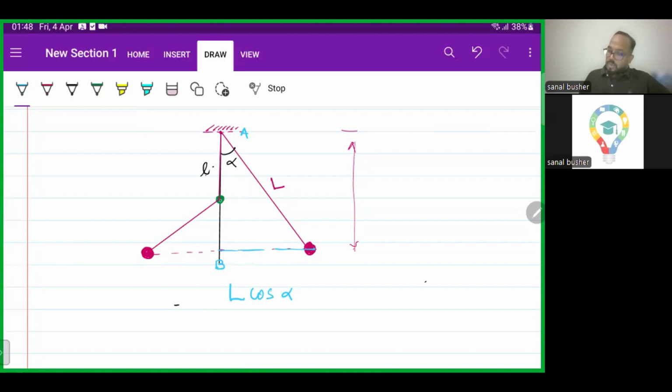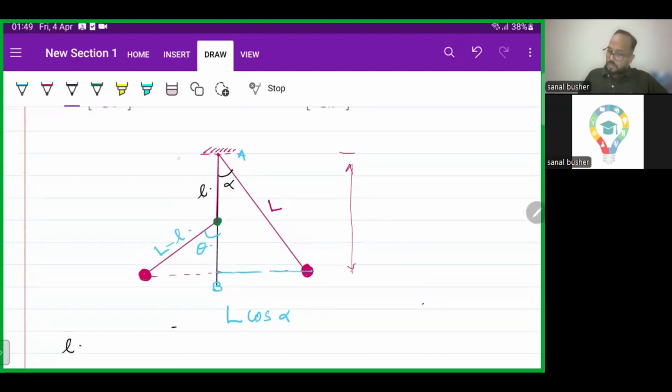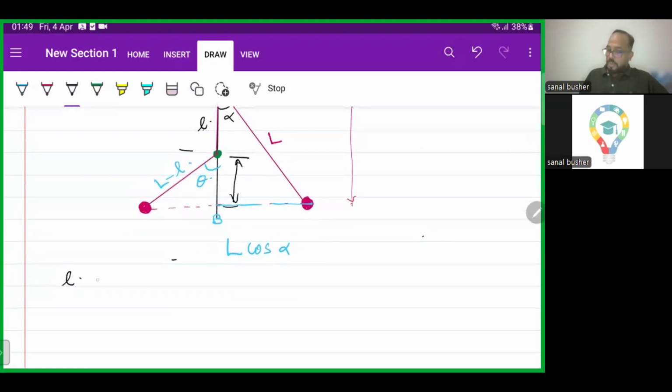When you consider the small triangle, what is this distance? This is capital L minus small l, right? The remaining is shifted. This angle you have taken as theta. If you take this angle as theta, what is the length now? This distance will be, you can write it as small l from here to here, plus this thing, right? If you add, you will get it. Both are equal. So l plus (L minus l)